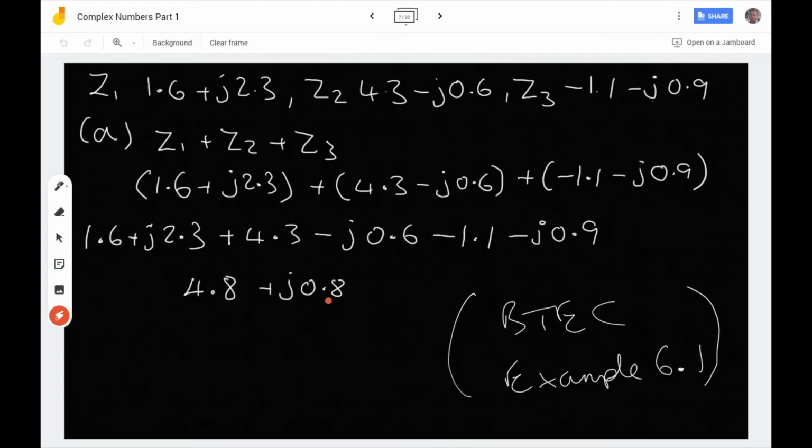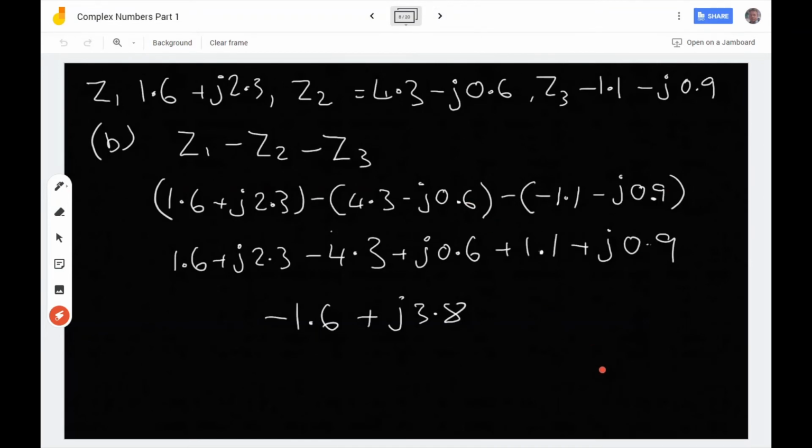Make sure you work through this one and have a practice. Now, it's fairly simple, this one, because all of the signs in the middle are pluses, so none of the signs change. You simply open out the brackets and just add them all up. Okay,